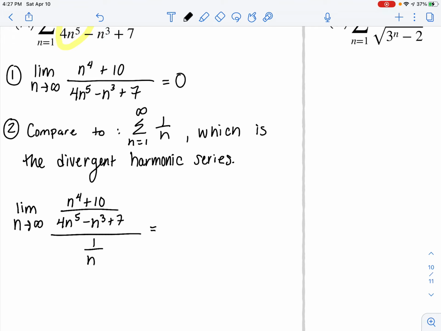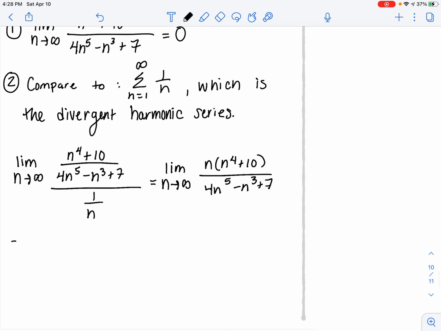Right, so since I'm dividing by a fraction, I'm really going to multiply by the reciprocal. So that's going to be n times n to the 4th plus 10 over 4n to the 5th minus n cubed plus 7. Hopefully you can see what's happening, but I'm going to write out the arithmetic in one more line. So if I distribute that n through,